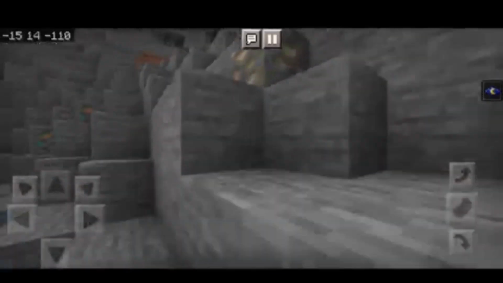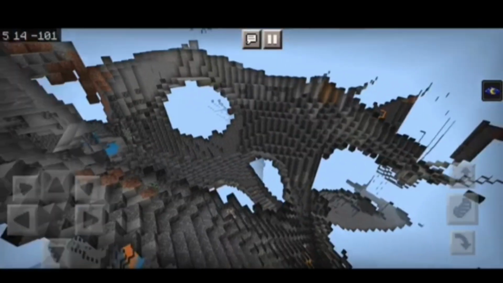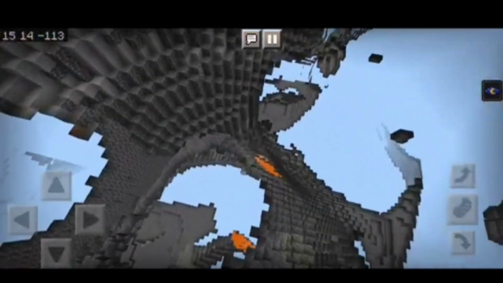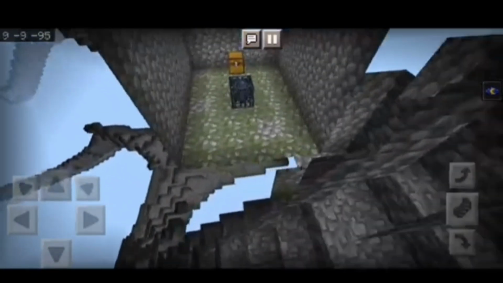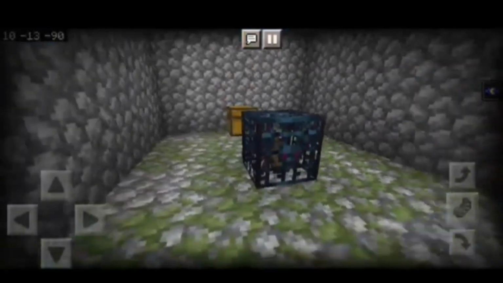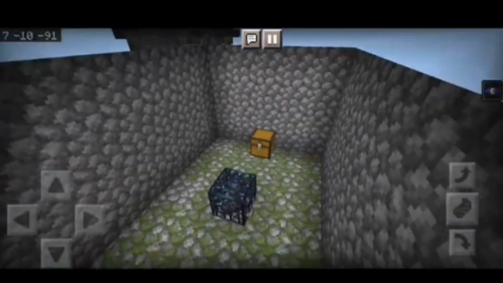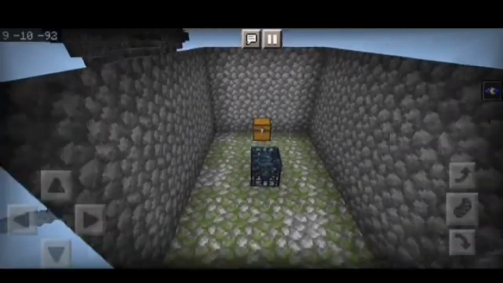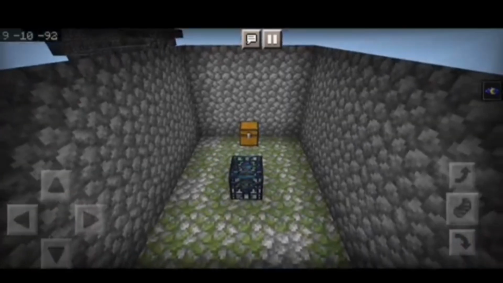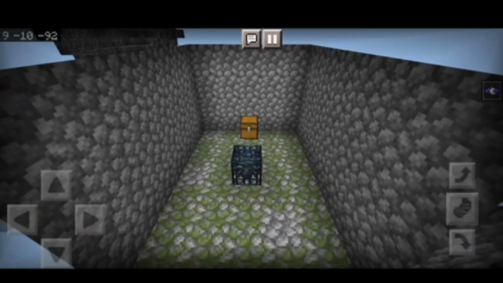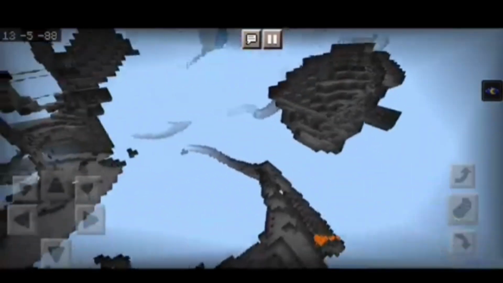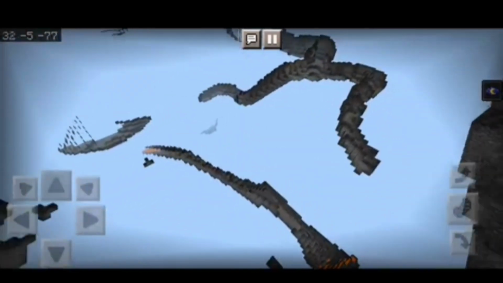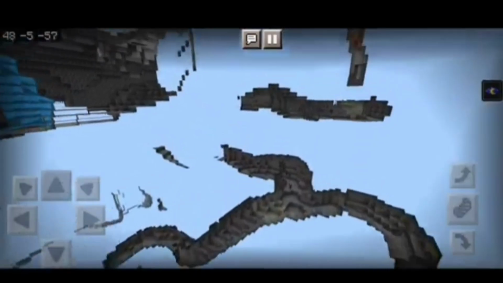Now first of all we should find a zombie spawner, the spawn point of mobs or some monsters, or else you can easily find mineshafts. In these places you can also get interesting and mysterious chests. If you want to collect this, go to settings and make it survival or creative or something else. First of all, where the spawner point of the zombie is, you should take a screenshot and go to